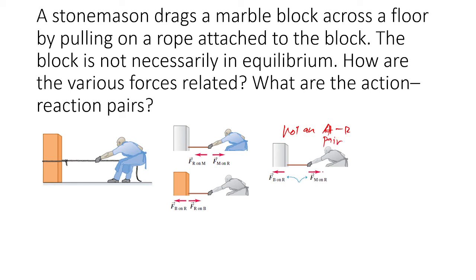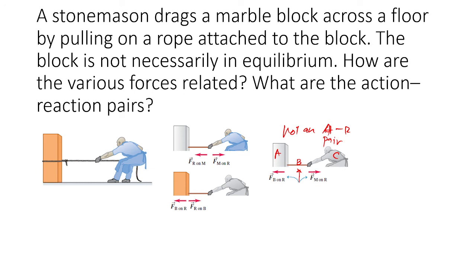Because as you can see here, we have three bodies that we can look at. This is body A, the brick, and body C, the stonemason. They are not an action-reaction pair because the action-reaction pair happening here actually happens on the rope, but not necessarily on the marble block and